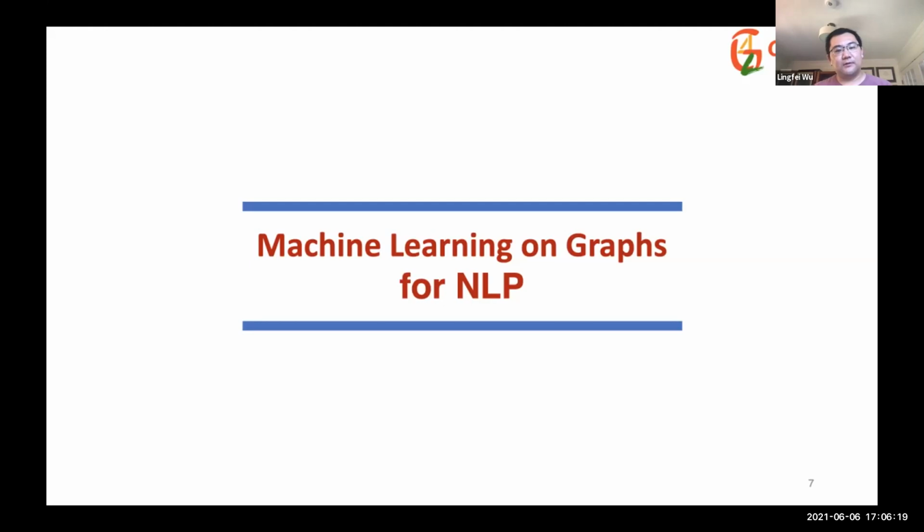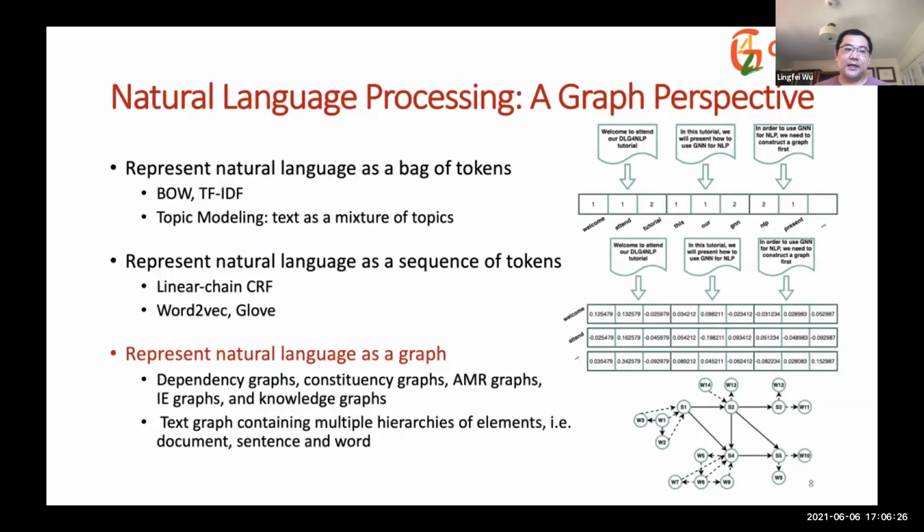So this is not new at all. Machine learning on graph for NLP has been extensively studied over the last 2 decades. At the very beginning, people tended to represent natural language as a bag of tokens. As shown on the right-hand side, we have 3 different sentences, like "Welcome to attend our DLG4NLP tutorial" and the other sentences. The typical way is to derive them into a bag of tokens, and then, for example, you can use bag of words or TF-IDF to create a sparse vector representation